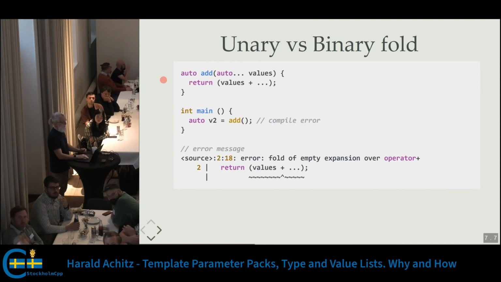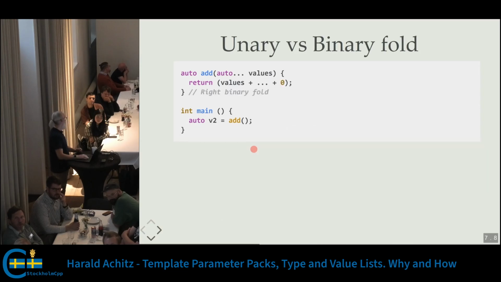And now let's have a look at the unary fold, compared to the binary fold. So this is now a left fold of the plus operator. If I call this with no argument, I will get a pretty nice error message that is really helpful. Empty expansion over the operator plus, and shows me where it is. So I cannot do this with the plus operator. For being able to have this with the plus operator, I need the identity element, which is the 0. And now if I call add with no arguments, I get 0, what is what I expect,